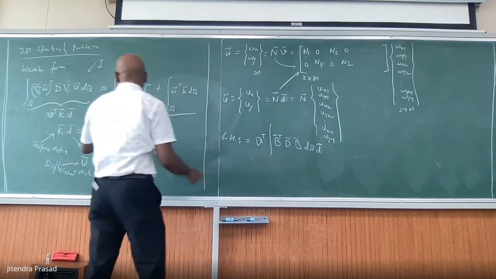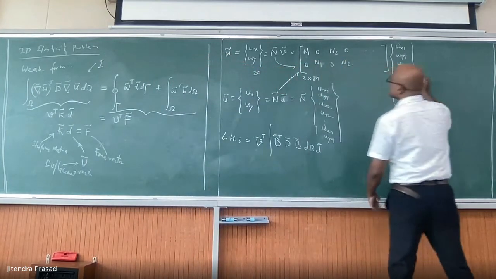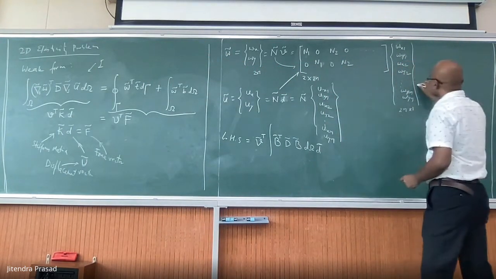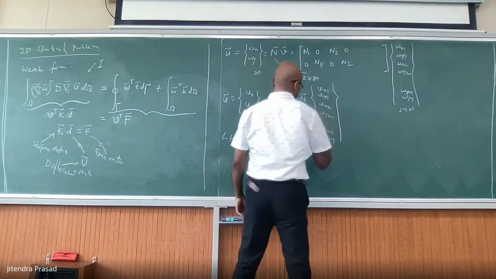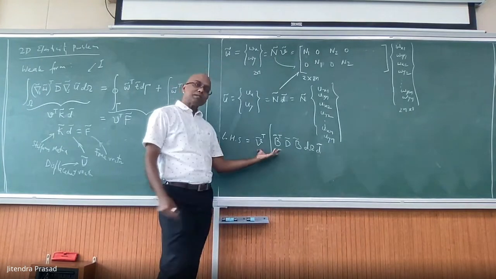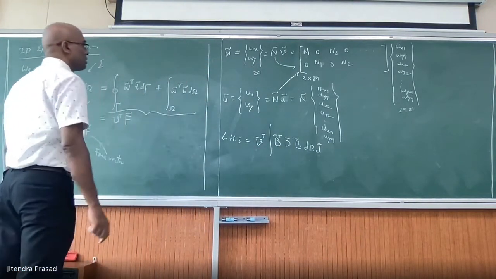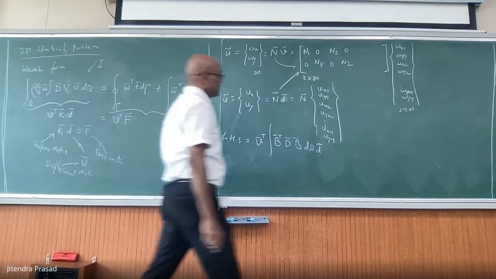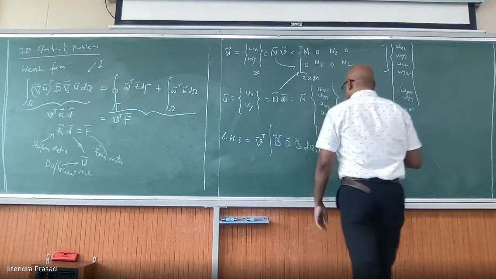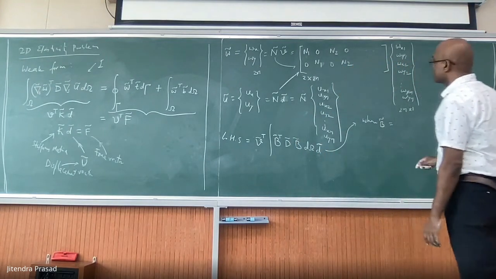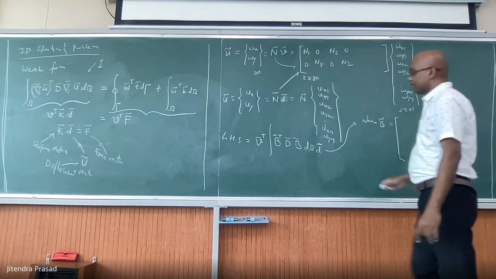You know what is the meaning of V. This is V, and this is D. Last time we derived this. Where B is equal to,